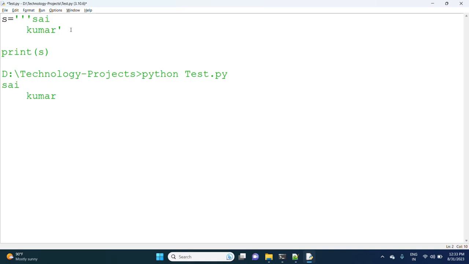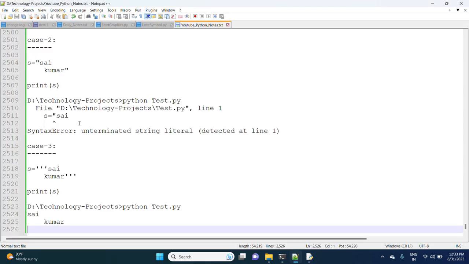But if I'm taking single quotes, here it is showing the problem. Because of this color, it is saying that it is syntactically incorrect. So by using triple quotes, we can represent multi-line string literals.